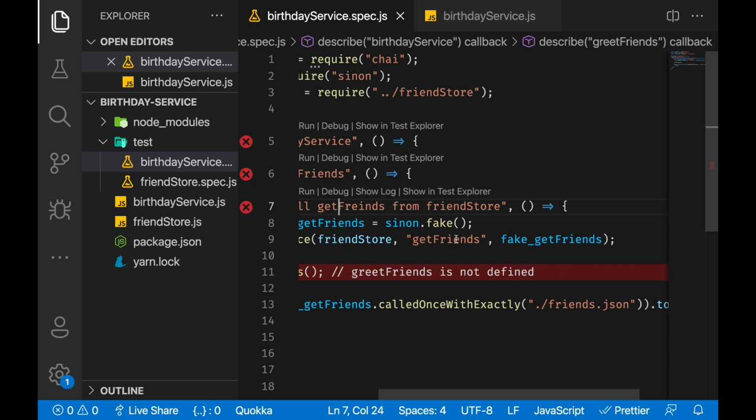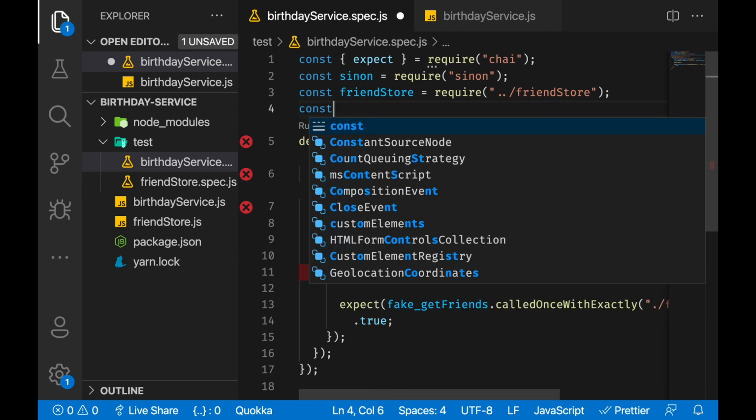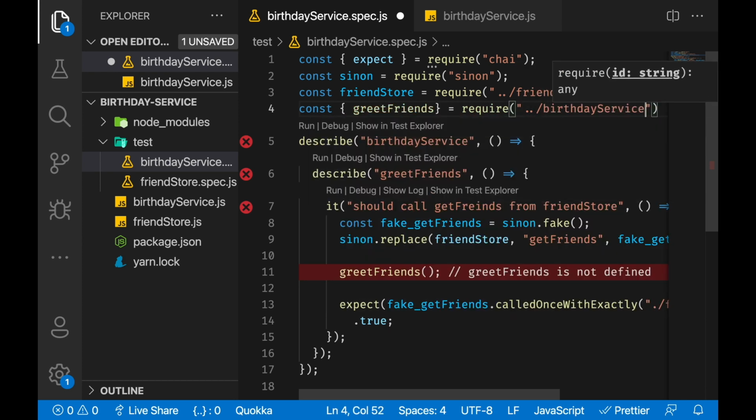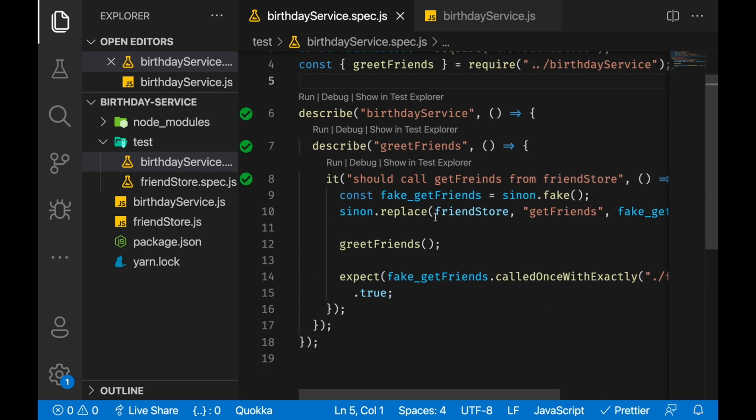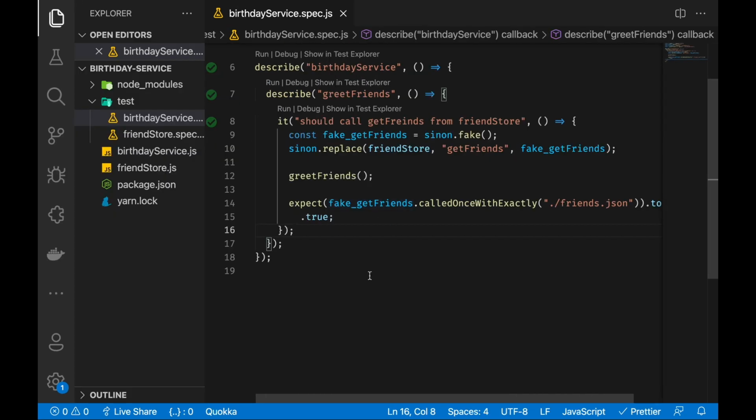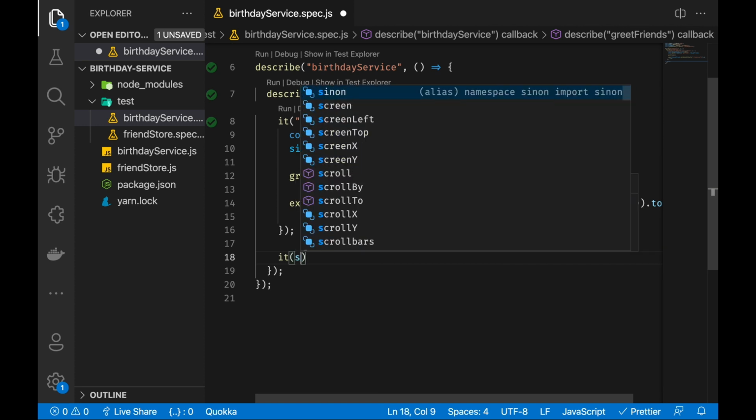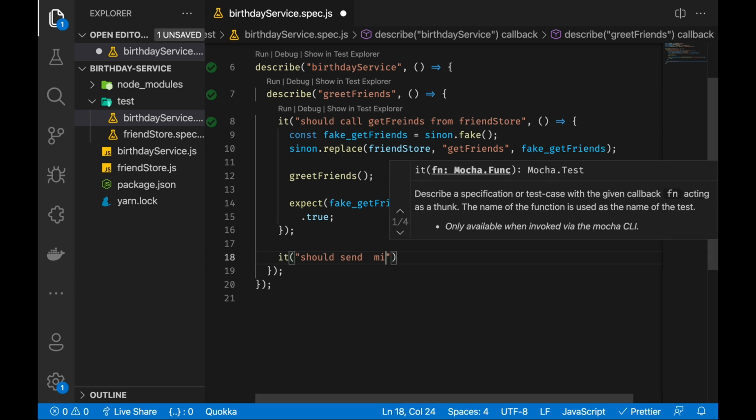Okay, yeah, we will have to import it first. const greet friends from birthday service, right? Yeah, it's passing now. So we have our first test running. So now we want our birthday service greet function to send mail to our friend. So let's write our expectation. It should send mail